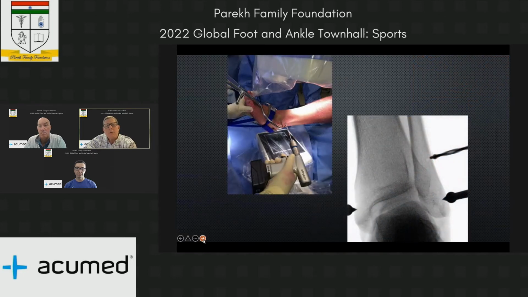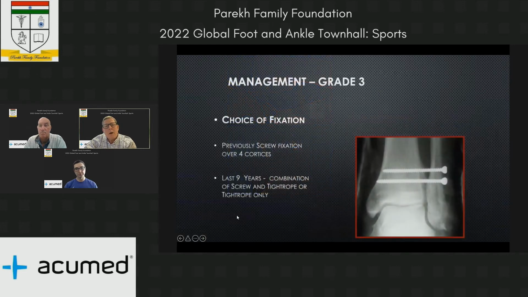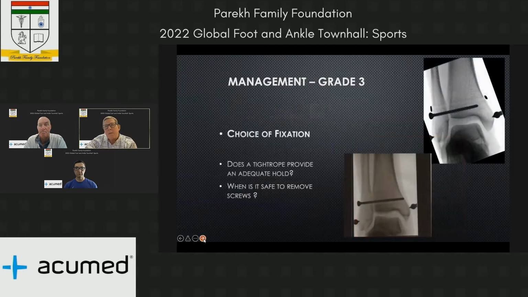That's just more setup stuff, but the choice of weapon in days gone past, particularly with the big boppers, some of the guys that are 120, 130 kilos, I certainly was using 2 screws in those. But probably over the last 9 or 10 years, my practice has been a combination of screw and tightrope. And I'm not the greatest believer that the tightrope can provide an adequate hold in your bigger sportsmen, women,